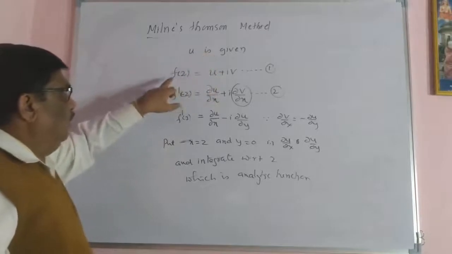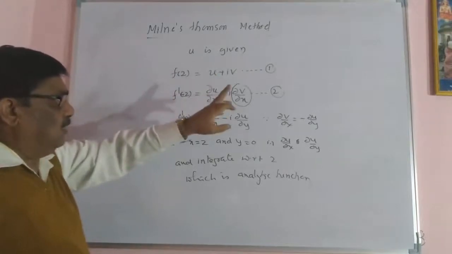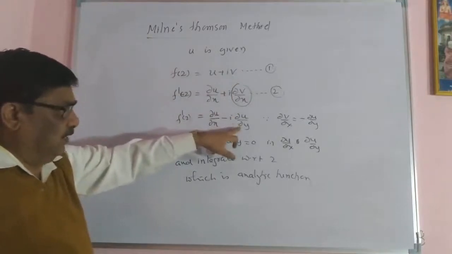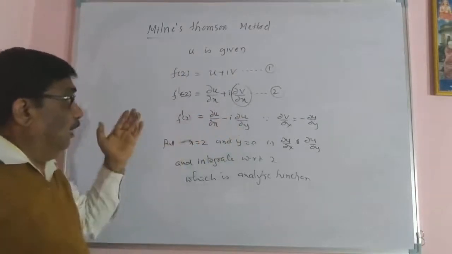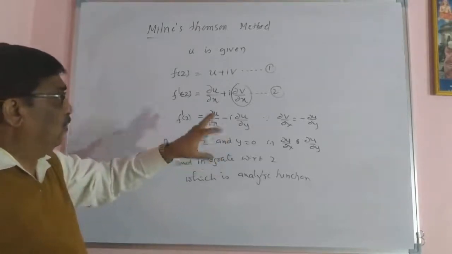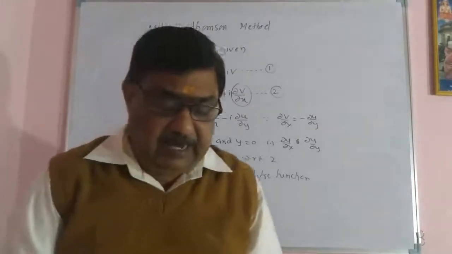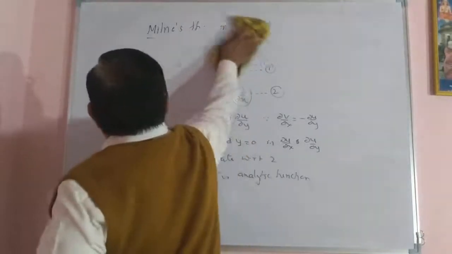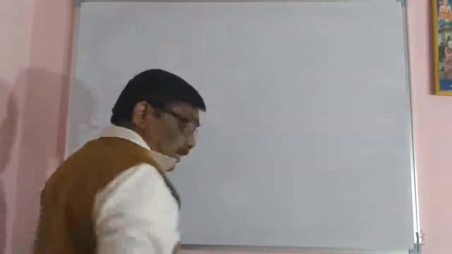When u is given, take f of z equal to u plus iv, find f dash of z partially with respect to x, replace dou v by dou x, because we don't know the v value, in terms of u by the CR equation. With the help of the given u, you can find the differentiation with respect to x as well as y. Put x equal to z and y equal to 0 in these two differentiations and integrate; it gives the analytic function. Okay, so let us take one or two examples of how this works out by using this method.